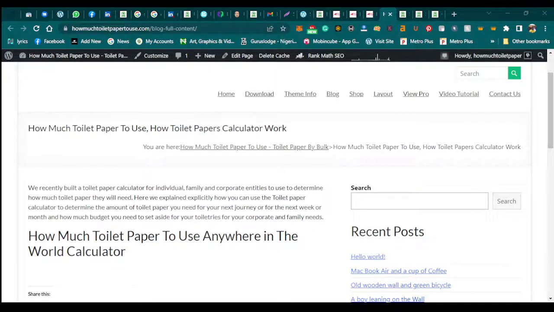Hello, this is how to use Rankmath FAQ, Frequently Asked Questions. It's very good for SEO. So this is how to use Rankmath Frequently Asked Questions. So assuming this is the page now,